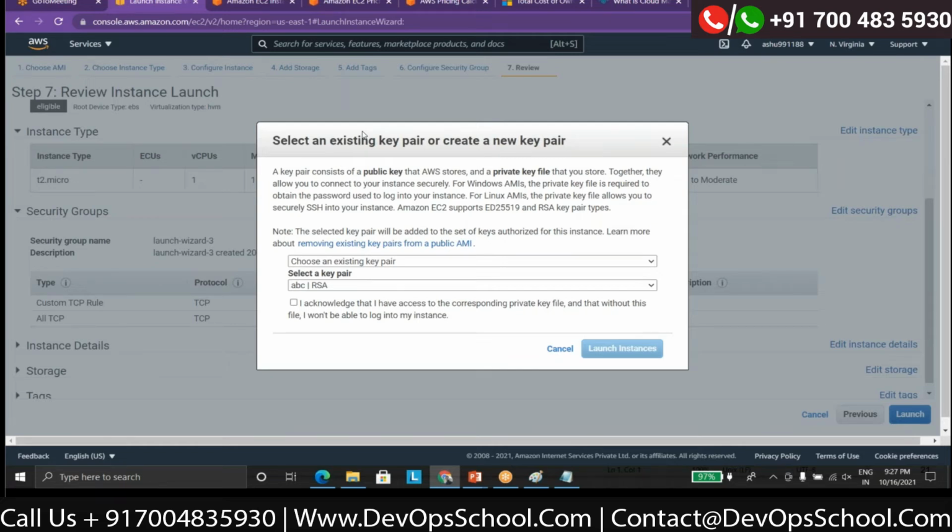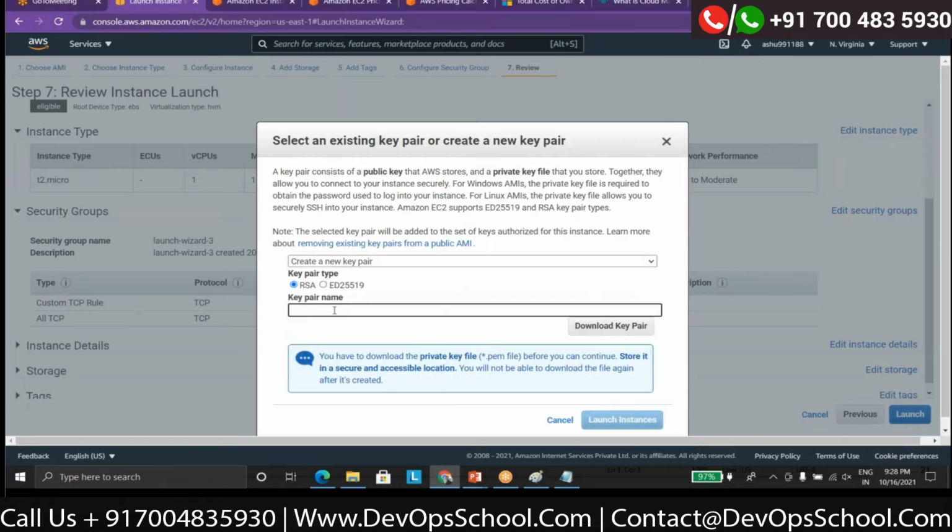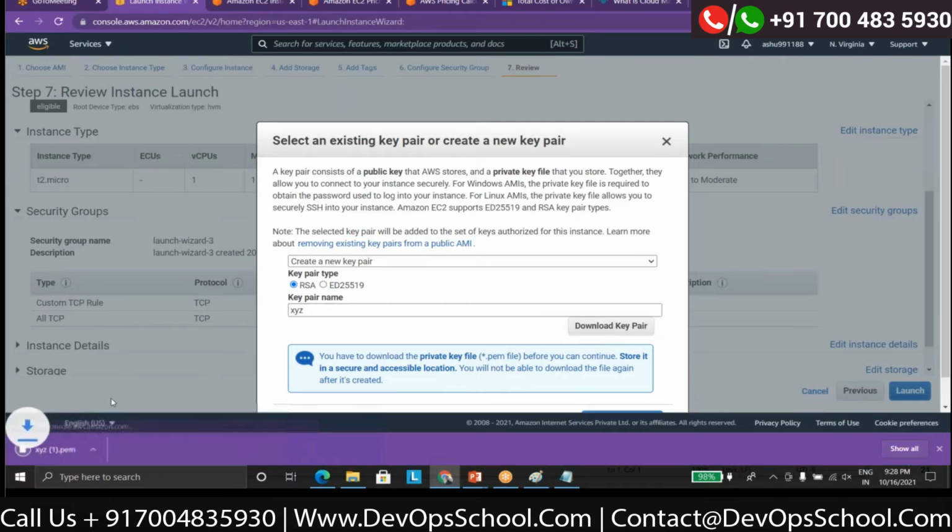A public key, it will be placing a public key there into the cloud, and it will be giving you the private key. So if you want to access the instances through SSH, you will have this key that they are giving. I already have it. If you want to create a new key pair, you can select from here, create a new key pair, and name it ABC or XYZ or whatever. One more thing, you have to download that key pair before accessing it. So you will be downloading it, and you have to use this one. If you want to SSH this machine, you have to provide this private key.